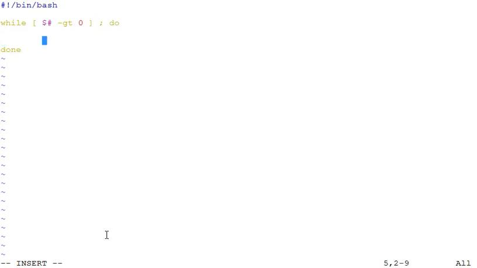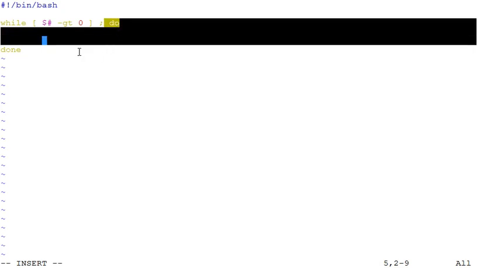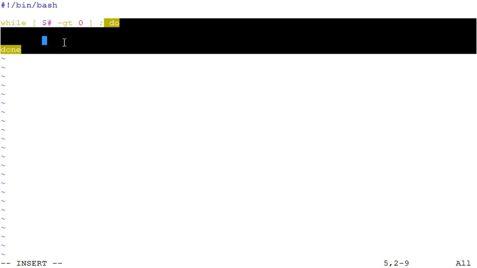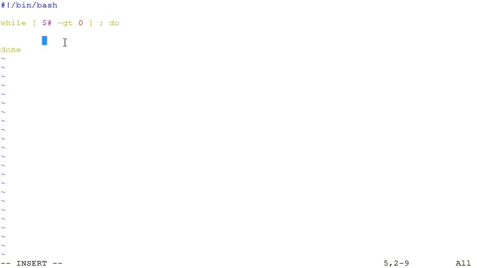As we know, $# gives me the total count of the parameters passed to our script, and I am checking, do whatever I am asking it to do between the do and the done statements. That is, execute whatever commands I specify in this block as long as the total count returned by the $# is greater than 0.